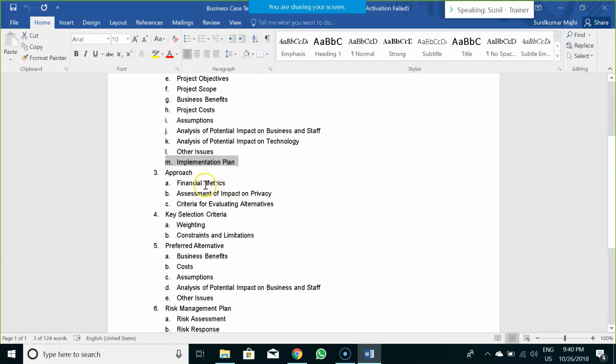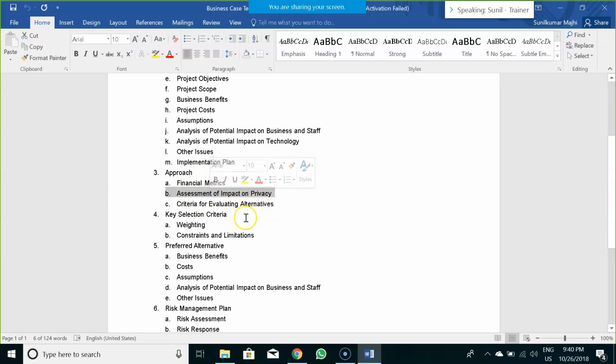Then there are approaches wherein, as I had explained, you have to define the financial metrics. But before defining the financial metrics, irrespective of how good you are in terms of finance, you have to reach out to your legal and finance team to get an official approval around what is to be documented in the business case, because this is a very critical thing. You need to always get in touch with your finance department or your legal department to lay out these metrics.